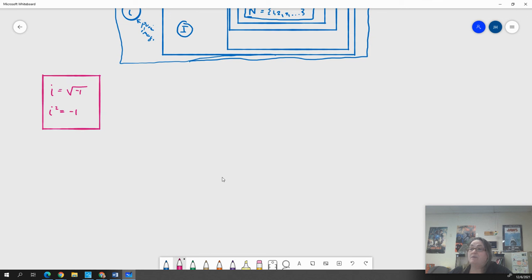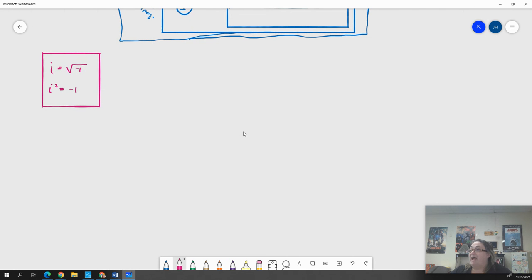Otherwise, when we're dealing with these things, all we have to remember is to treat i like a variable for the most part. Treat it like it's x. So when we are adding and subtracting complex numbers,